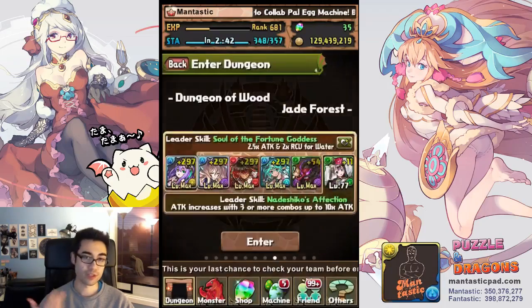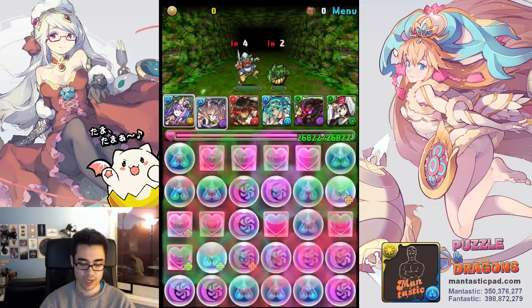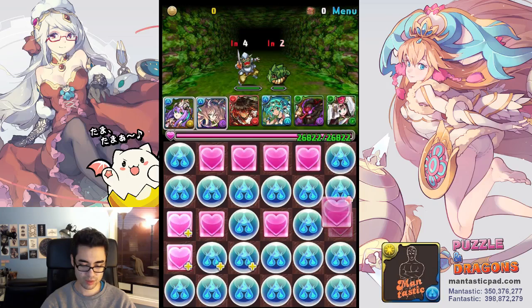So I'm going to enter it once again, and let's see if my board is more heart heavy, then I can practice the Lakshmi board, because otherwise it's just kind of pointless. So 1, 2, 3, 4, 5, 6, 7, 8, 9. So if 9, you can make a nice Lakshmi board as well. Lakshmi wants to connect 8 heart orbs. So what I'm going to do is...